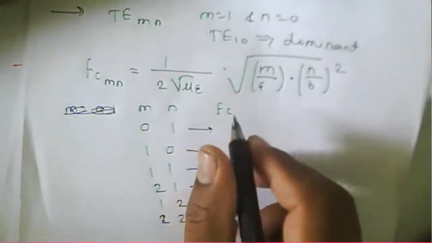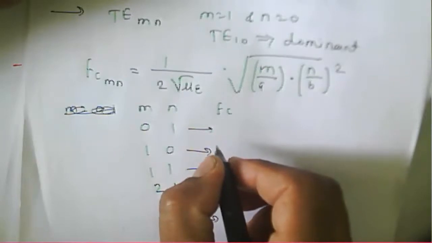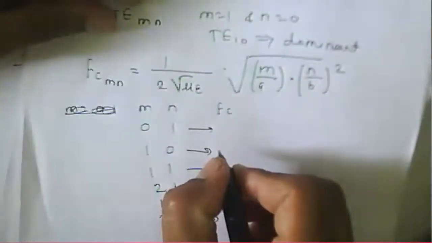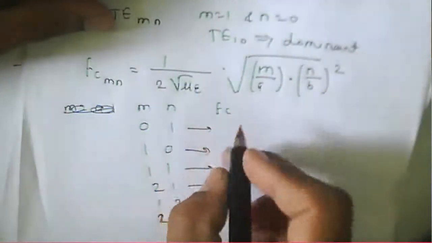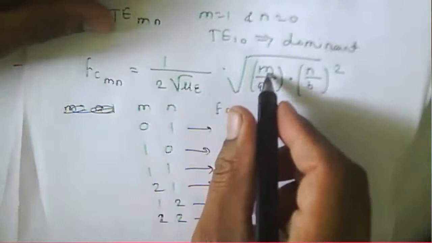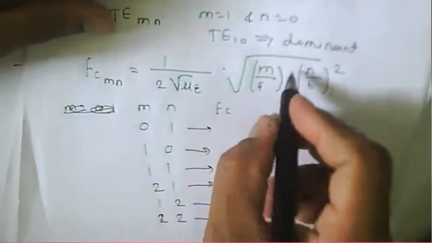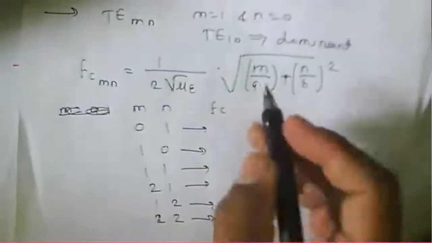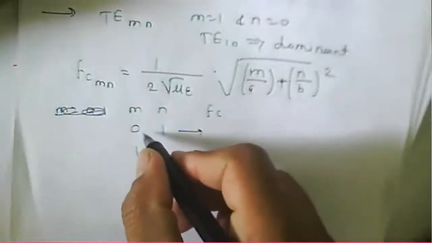Now if you solve it for this mode, fc10 or fc01, by putting m equal to 1 and n equal to 0,